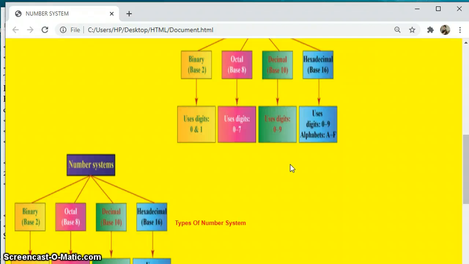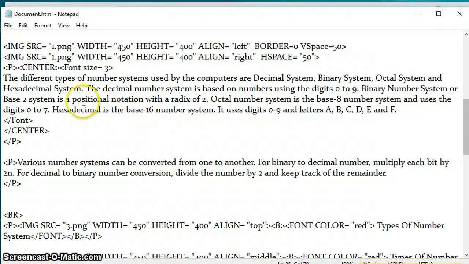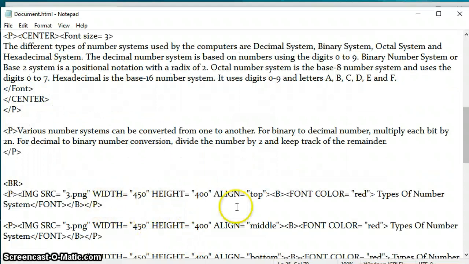So we just have to put an HR tag. Let us do it in the notepad. So we have added 3 images here. After this, I'm putting an HR tag.